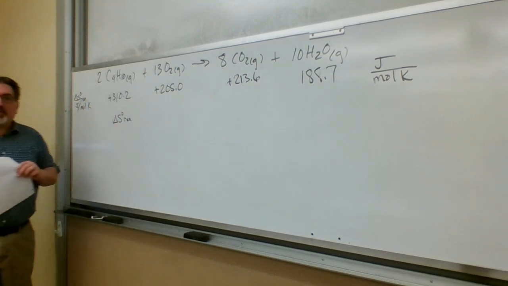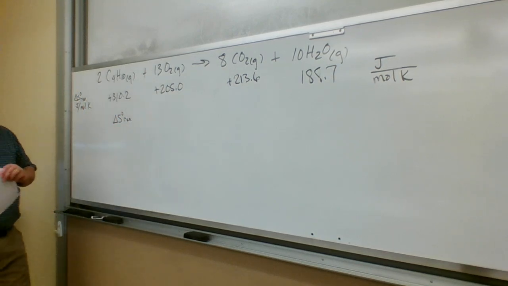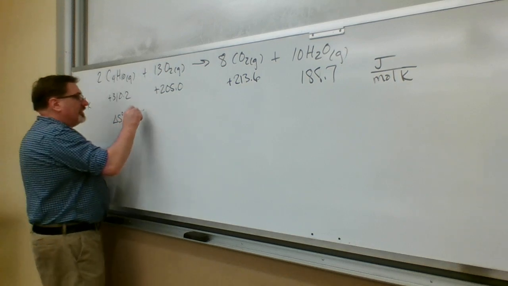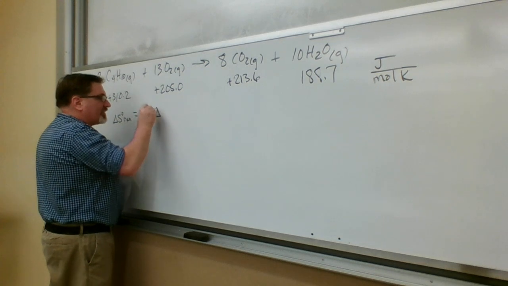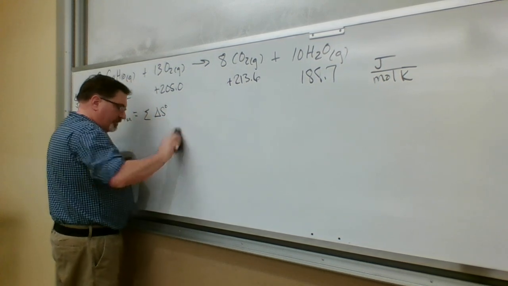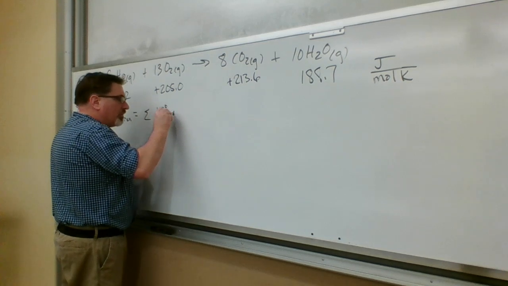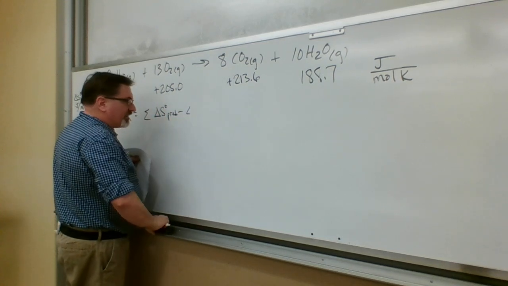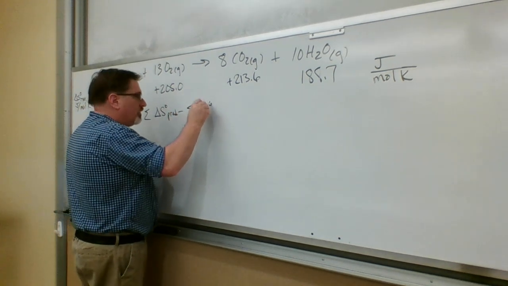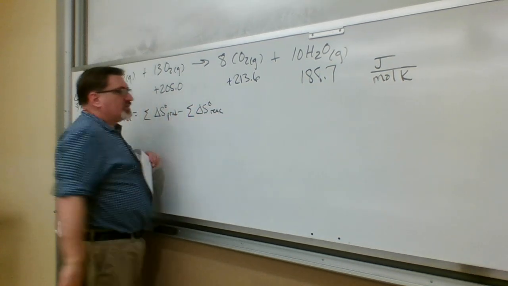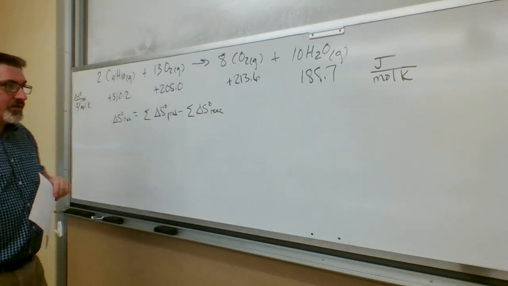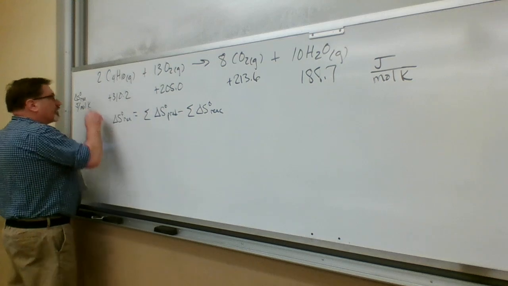Change in entropy for the reaction, delta S naught for the reaction. We're going to calculate it just like delta H, folks. It's the sum of delta S for the products minus the sum of delta S for the reactants. Still products minus reactants. Keep in mind the coefficients that go with each one when you do your calculation. So for this one,